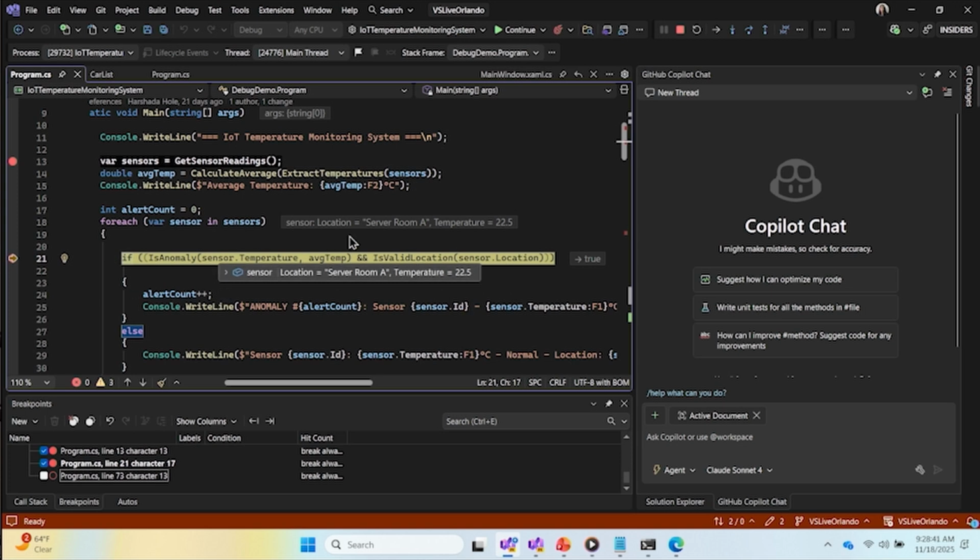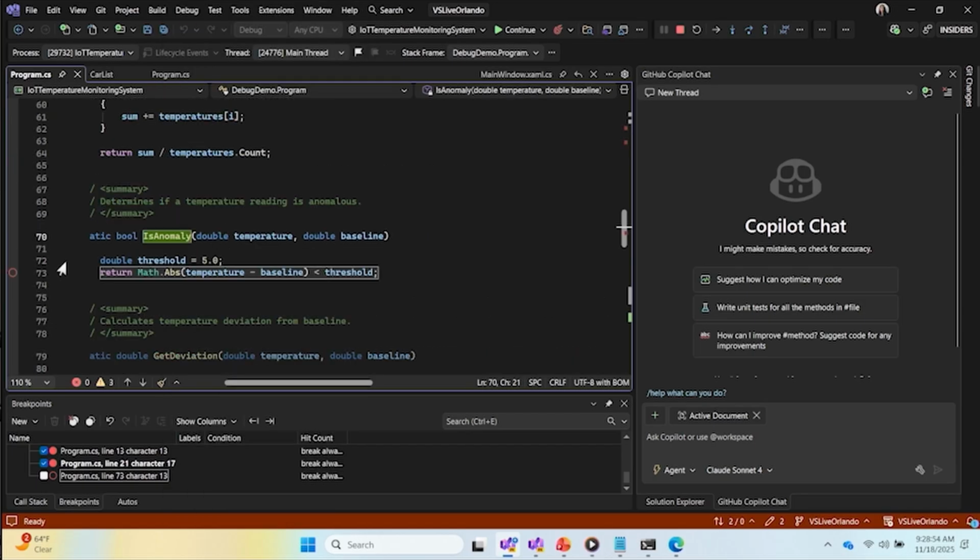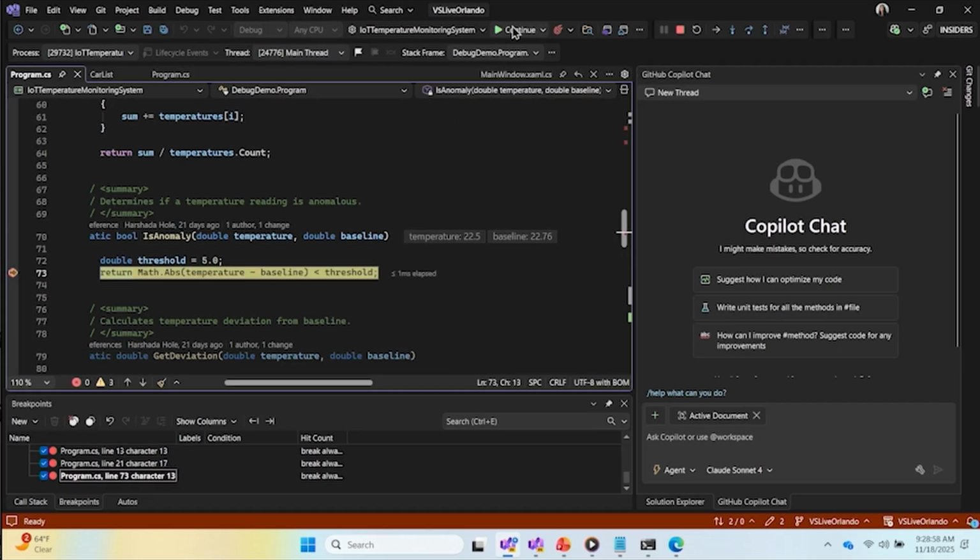Now, we saw that this is giving true. That means something is going wrong either in the isAnomaly function or isLocation. I'm going to start my investigation with this isAnomaly. Just going to go to the definition here. I'm going to enable my breakpoint here. Continuing my debugging, one more thing I wanted to show you is that you can also see the inline values